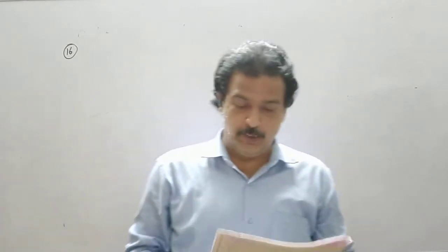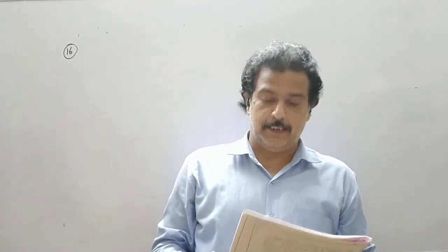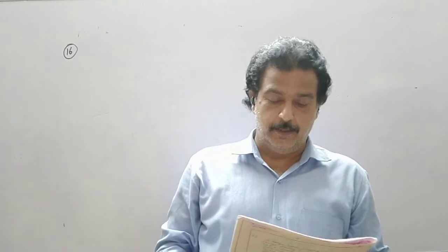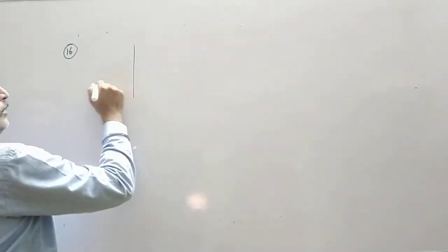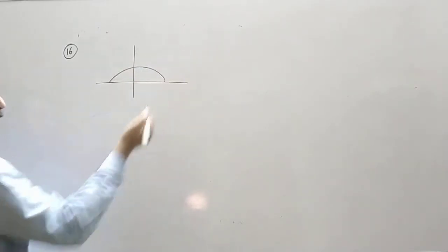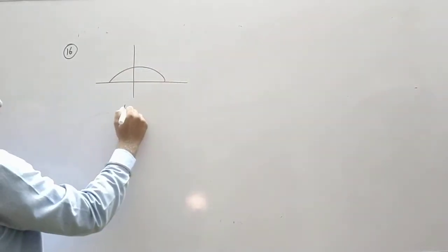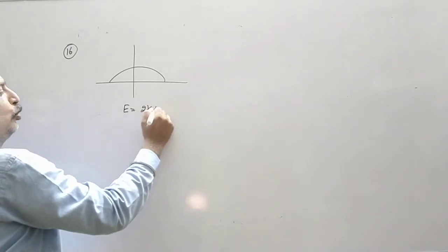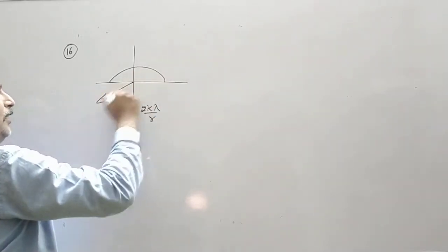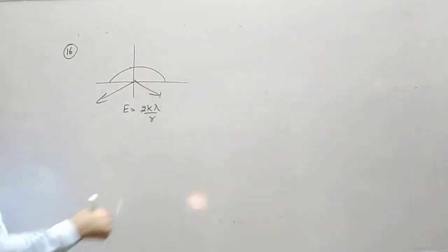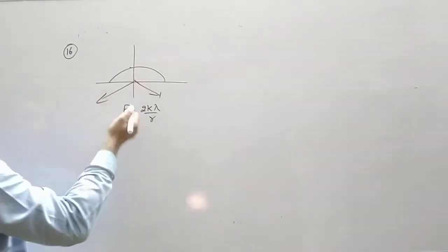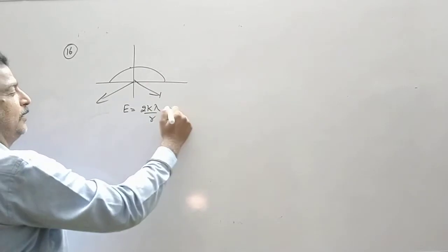a charged wire is bent in the form of a semicircular arc of radius A. So instead of r, the radius A is given, and the charge per unit length is lambda coulomb per meter. Find the electric field at the center. So it is a direct sum. Now we have derived the theory. This is the diagram. So we know that E should be equal to 2k lambda by r due to this arc, and the resultant will be along the negative y-axis if they give you the diagram. Otherwise this is a formula.